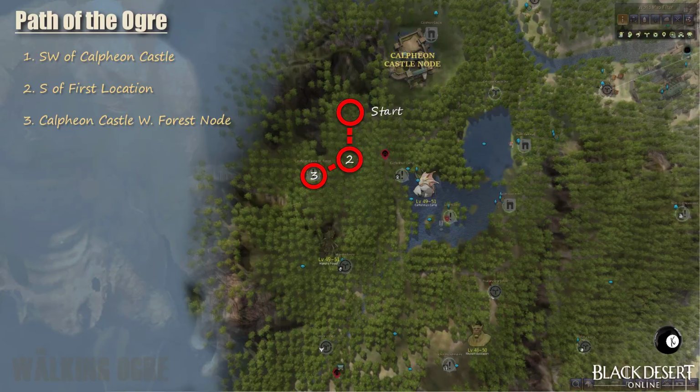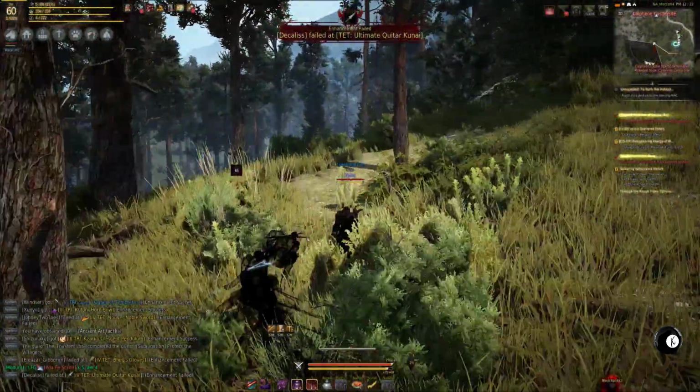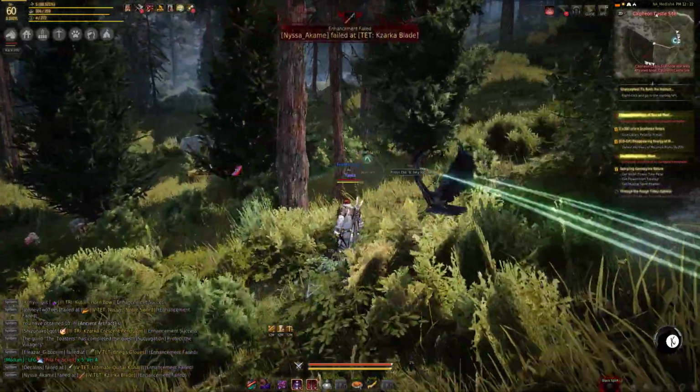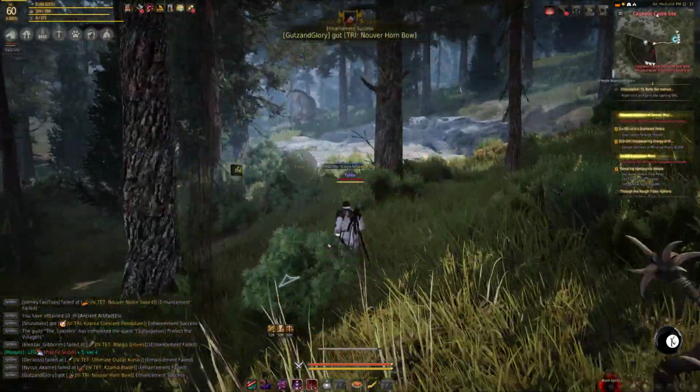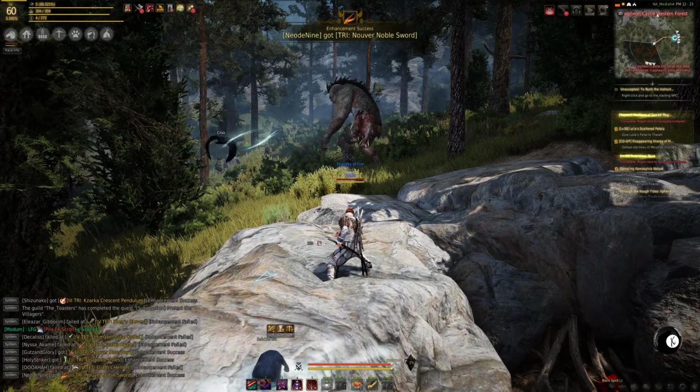And number 3 is really easy to find. If you just go west of where you are, pretty much a little bit south, you'll find the node manager there. It's just over the hill and a little bit west. You'll see him up there. You can see the big giant hole in the ground. There's always an ogre there. He's typically wandering around the outside